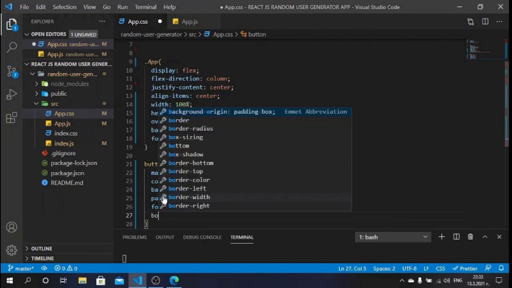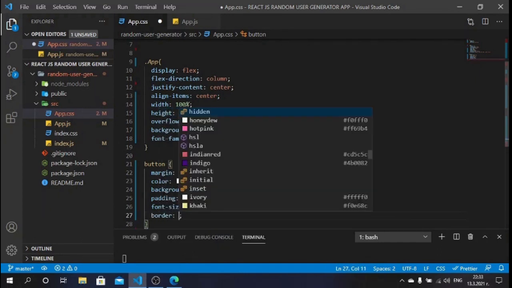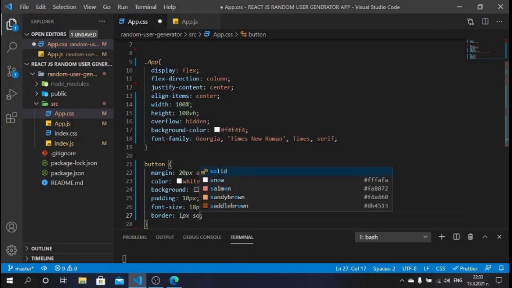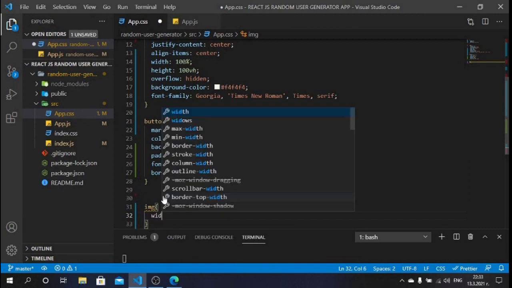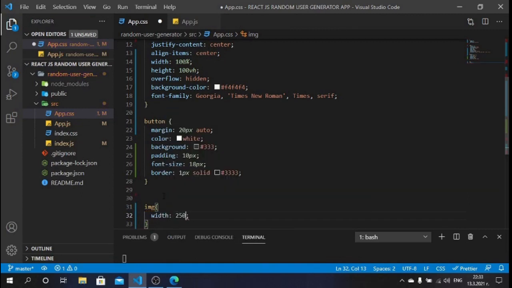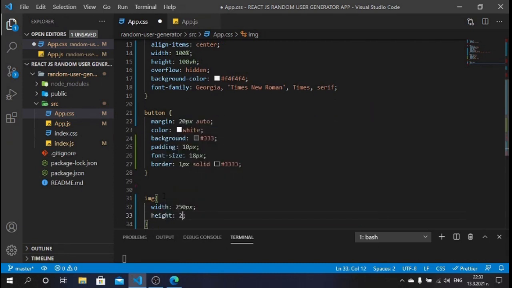We can also give this button a border, although it will not be so visible. And we can say 1 pixel solid 3333. Great. Let's go below the button now and let's start styling the image we will get from the API. So for the image, I will say width of 250 pixels, height of 250 pixels,